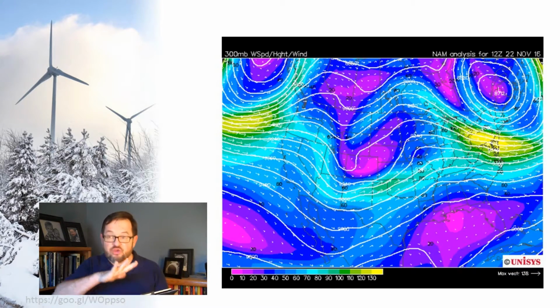And you can see how on a grid at 300 millibars above the ground, we now have at every one of those little spots an internally consistent idea of what is the wind speed, and in this case height, and whatever the other one was, the wind vector. That's a handy thing to have.